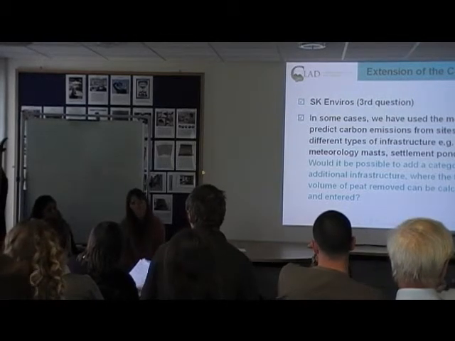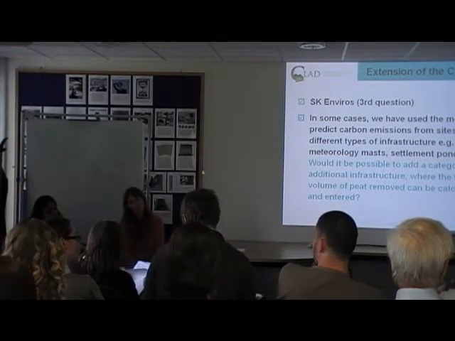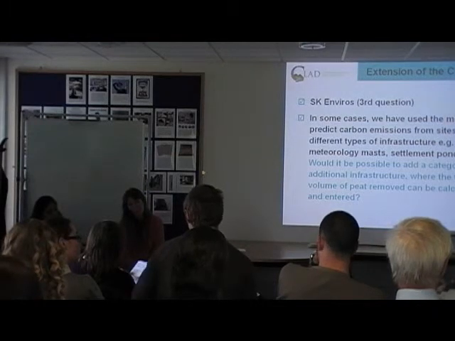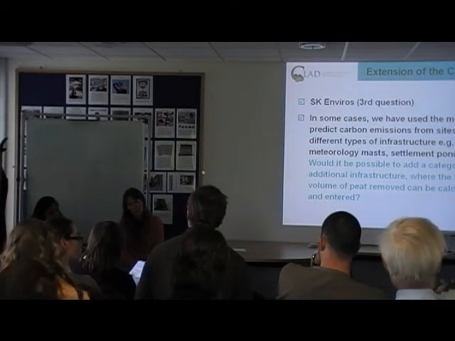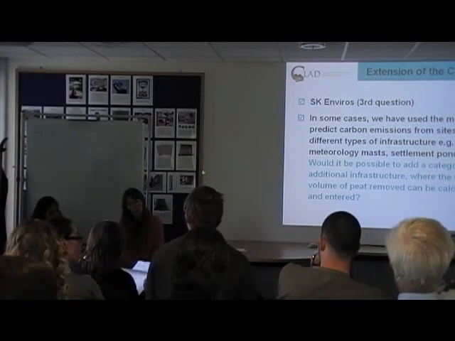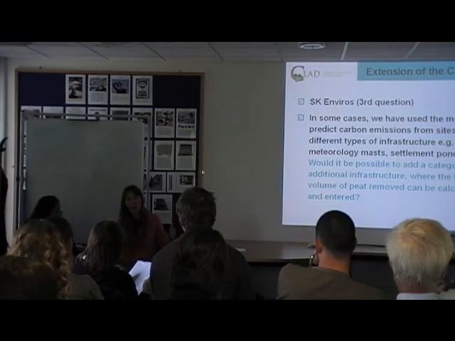Sorry, I'm just trying to understand. If there's a lateral effect and a vertical effect, and you can see the vertical effect because you've got the water on the surface here and the drainage ditch, how can you measure the lateral effect? So the lateral would be how far away